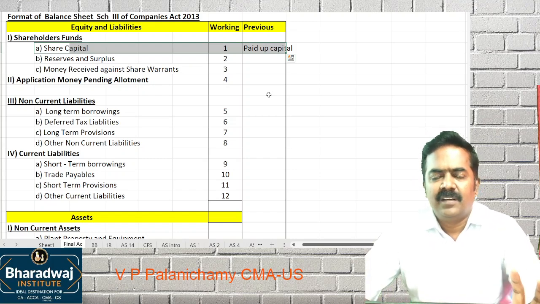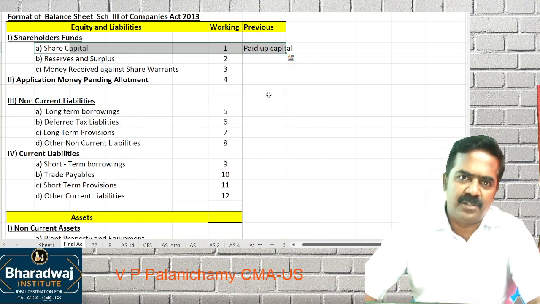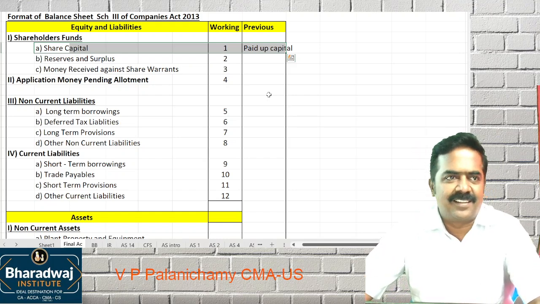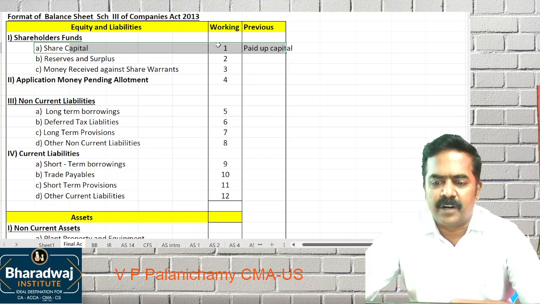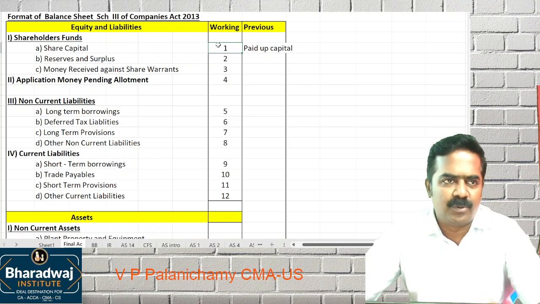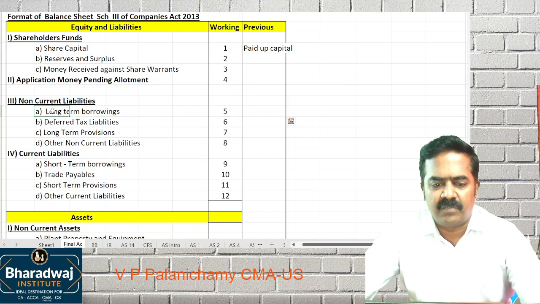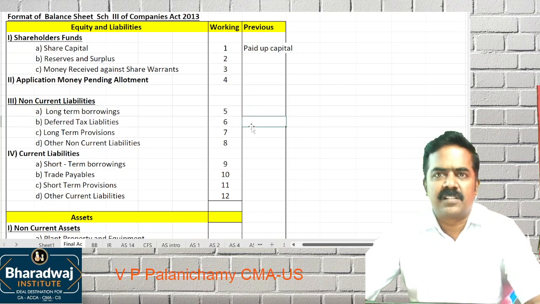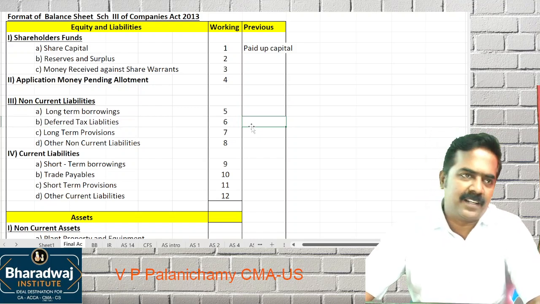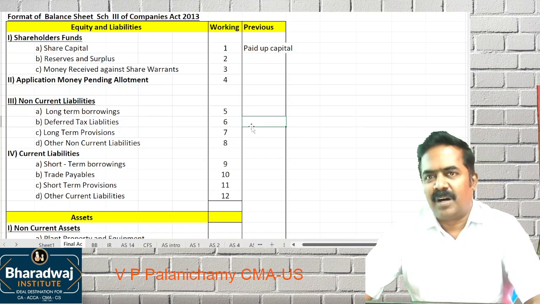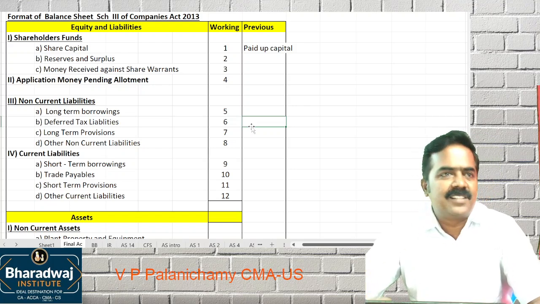For example, for share capital they have given authorized capital, issued capital, bonus issue, rights issue, shares issued for consideration other than cash. Like that, they give you so many data. All those things will be included in working note 1 in the form of notes to accounts. Reserves and surplus, or any item for that matter. For example, they have given debentures having a floating charge on all assets. Loan is a hypothecation of plant and machinery. The bonds issued are unsecured. Those data will be given in the form of notes to accounts.